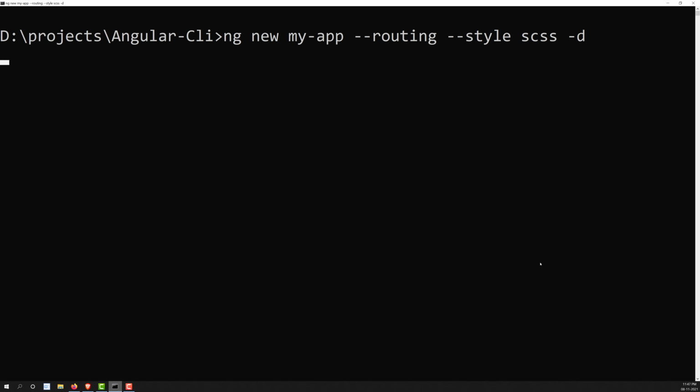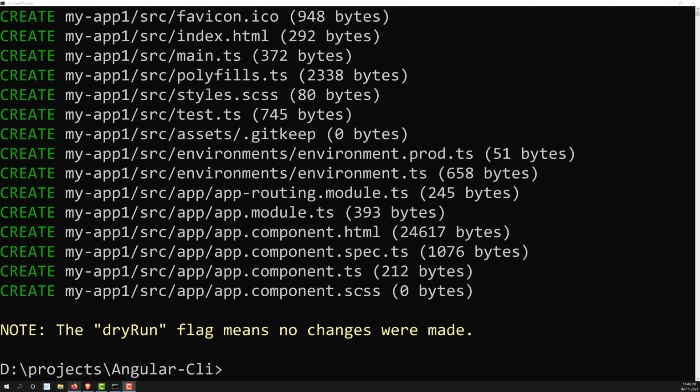If I press enter, it will give you the files that are going to be created without actually creating an application. If everything is fine, you can directly run the command without dry run so that the application will be created. So let's try to create that one. Here the files are created.